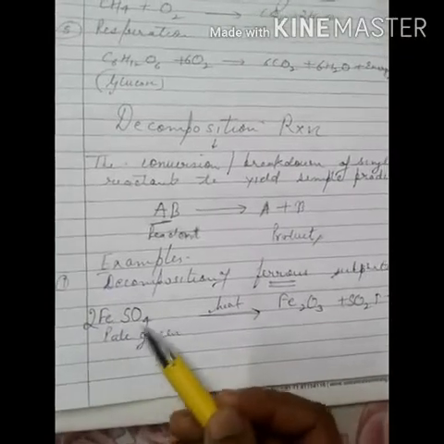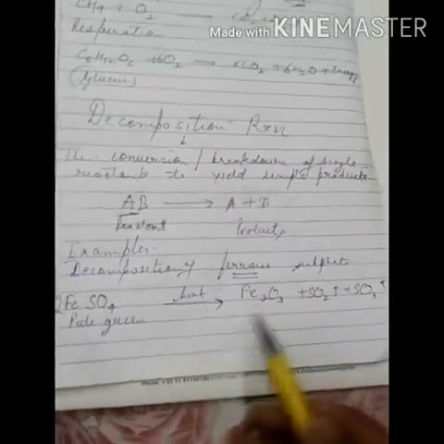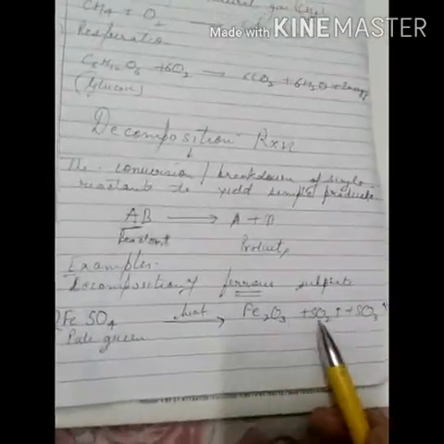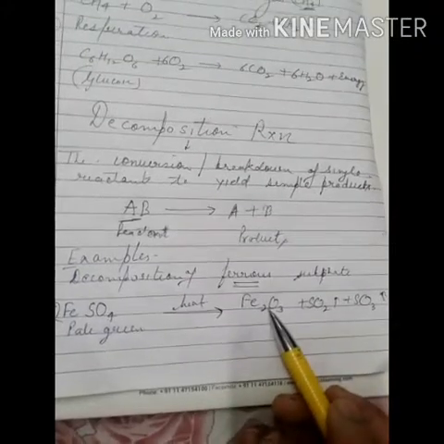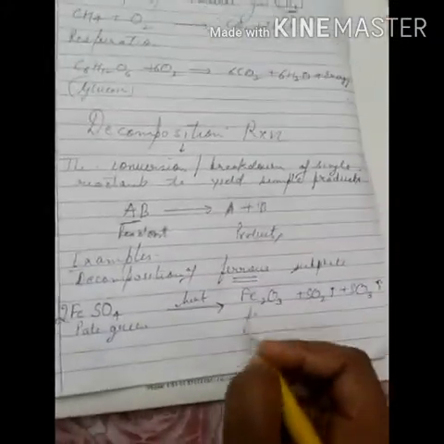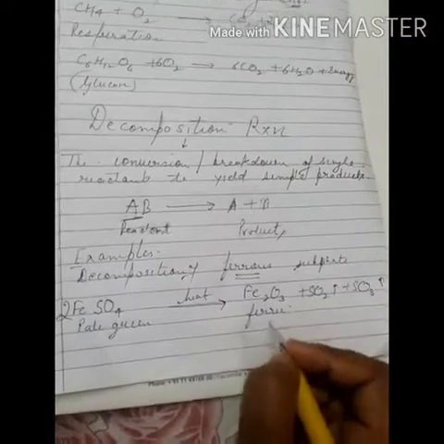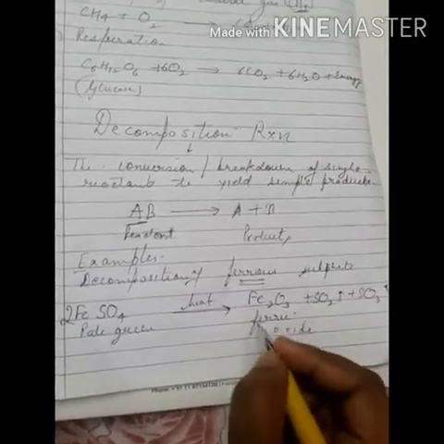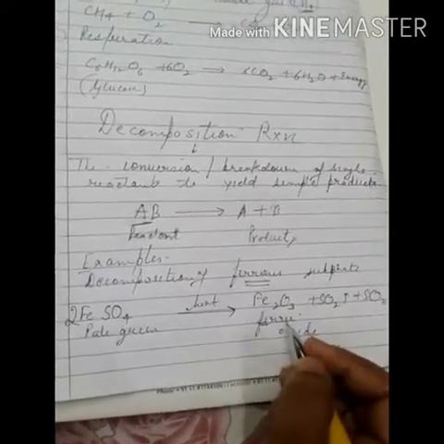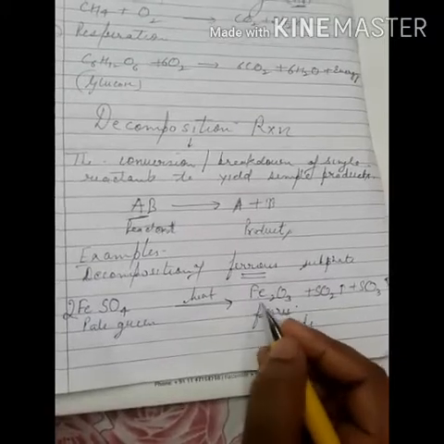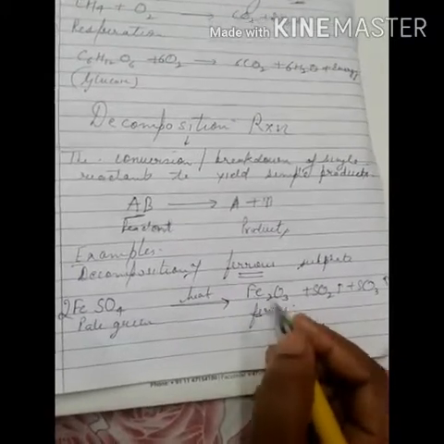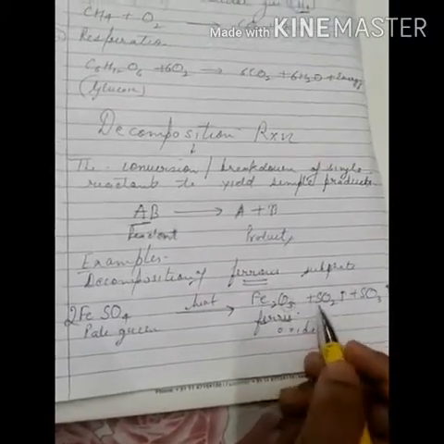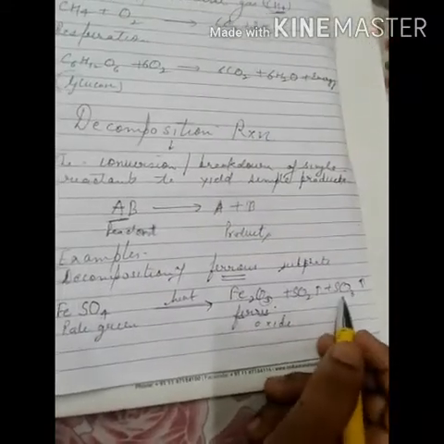So if we balance it, we get this stoichiometry. Now you can see that ferrous sulfate is of green color. When we heat it, it yielded simpler three products, that is your ferric oxide. Now why is it ferric oxide? Since Fe means iron, ric means the iron is in the higher oxidation state of 3. So two gases, sulfur dioxide, sulfur trioxide.